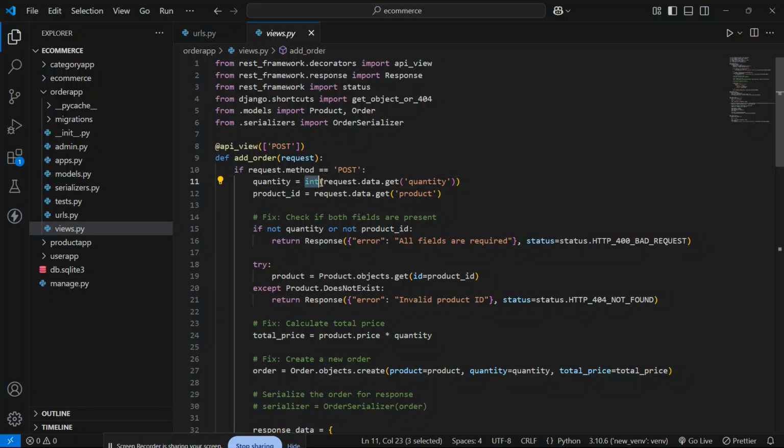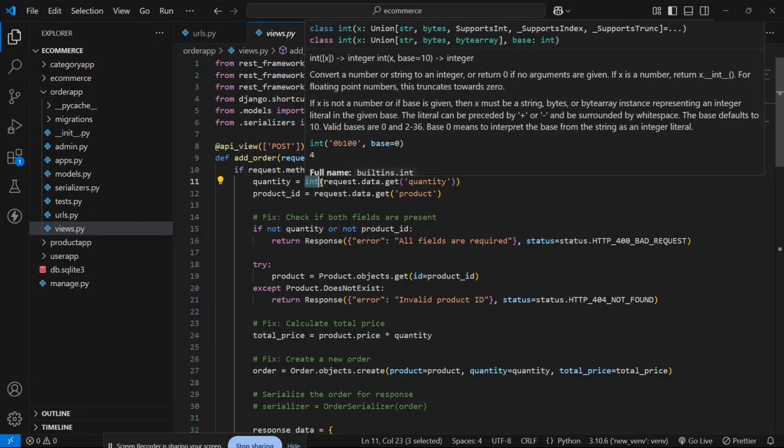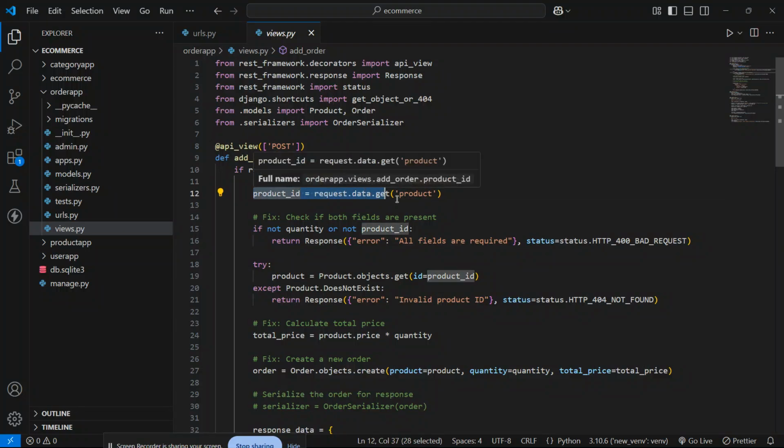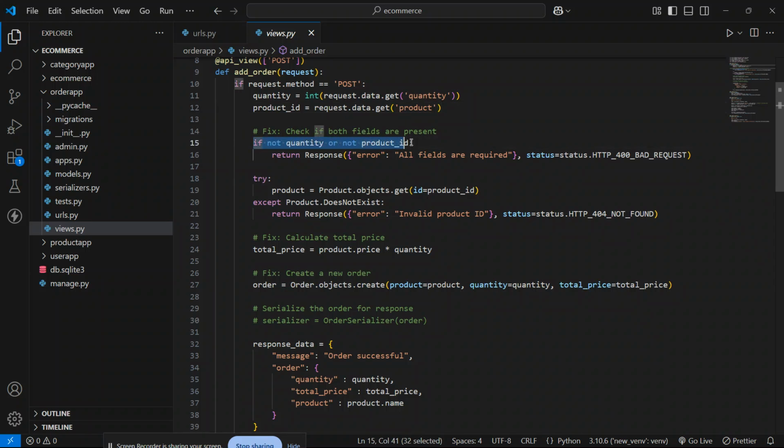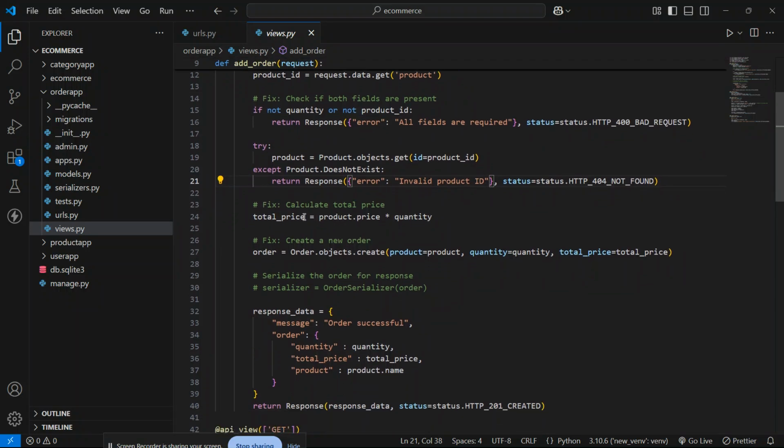So I typecast here from string to integer, and it will fetch the product id also, because product id is the foreign key for the order table. After that I am performing another condition, it will check whether the quantity or the product id is present or not, and this try except block will check whether the product id given by the user is present or not.